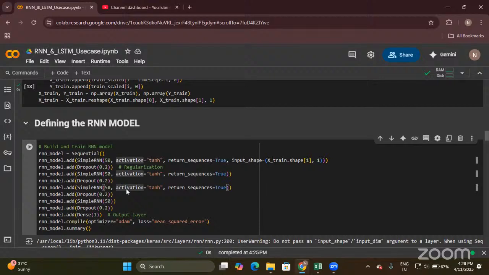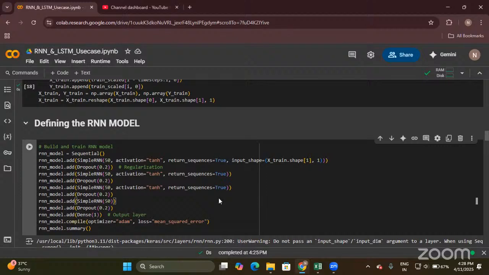Is it same again? Yes. So I just have repeated 3 layers. But in the last layer, I have just defined the simple layer with 50 neurons. And I did not keep return_sequences. I did not define it, so it takes the default value, which is false, and the previous sequences will not be used